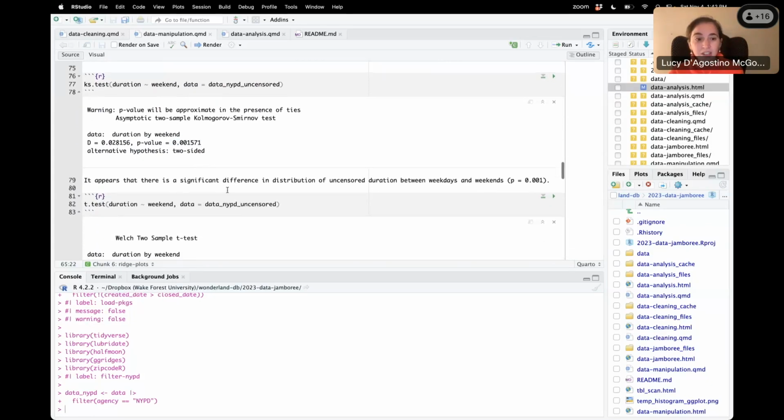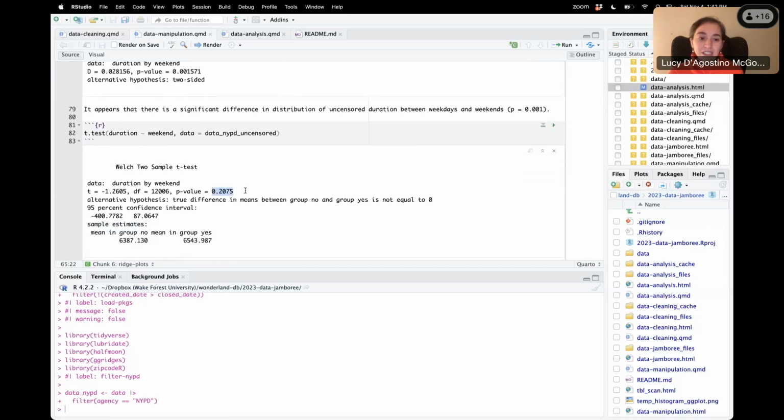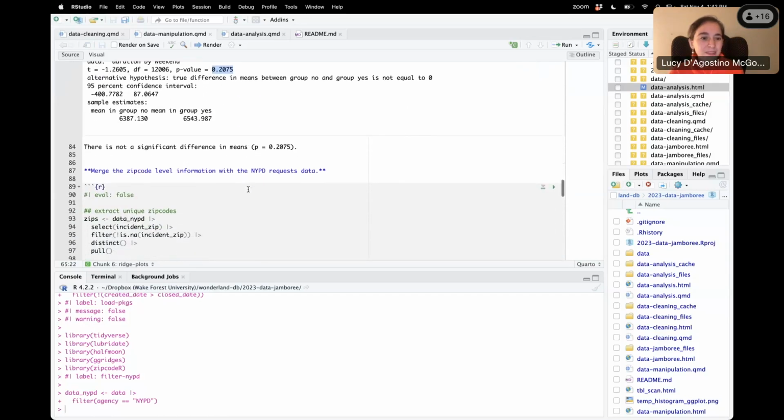There is a difference, but if you just do a parametric test for the difference in means, then we don't see a significant difference there. Which makes sense from what those plots look like. Since there are lots of outliers, we're going to see that there is a difference in the distribution, but there's not a difference under certain assumptions in the means.